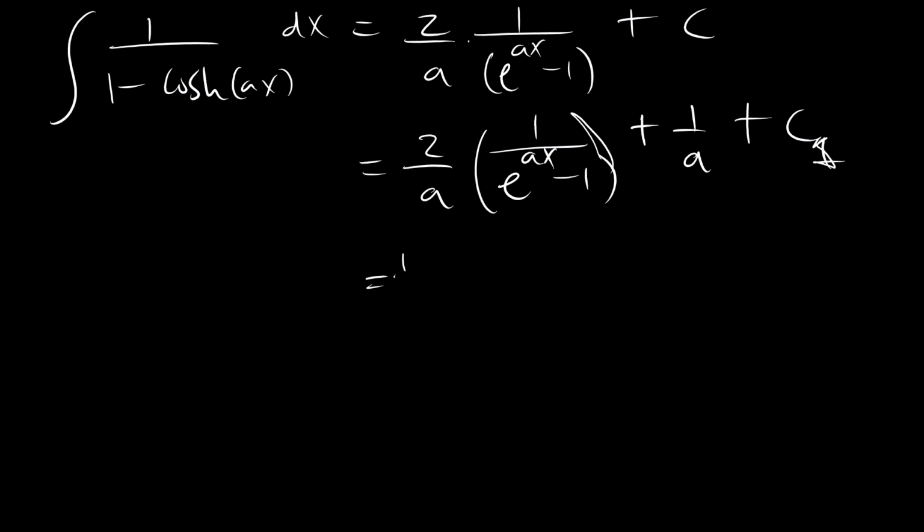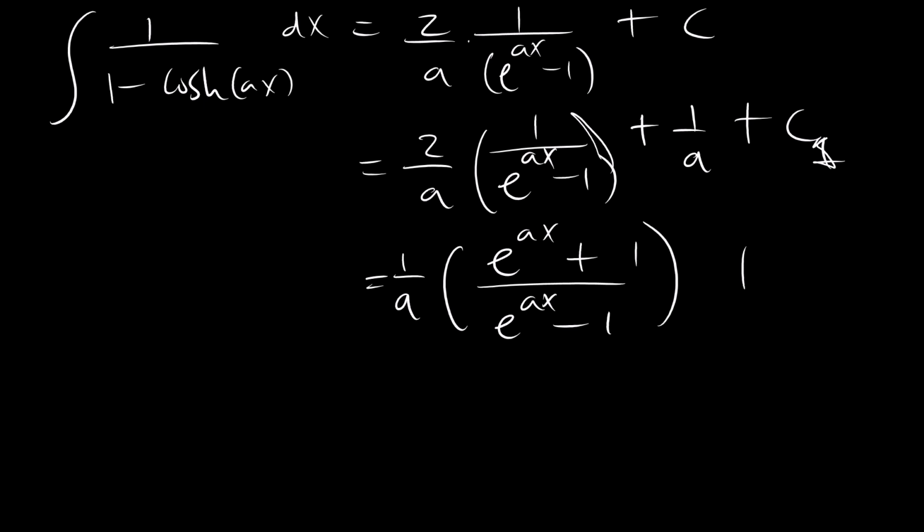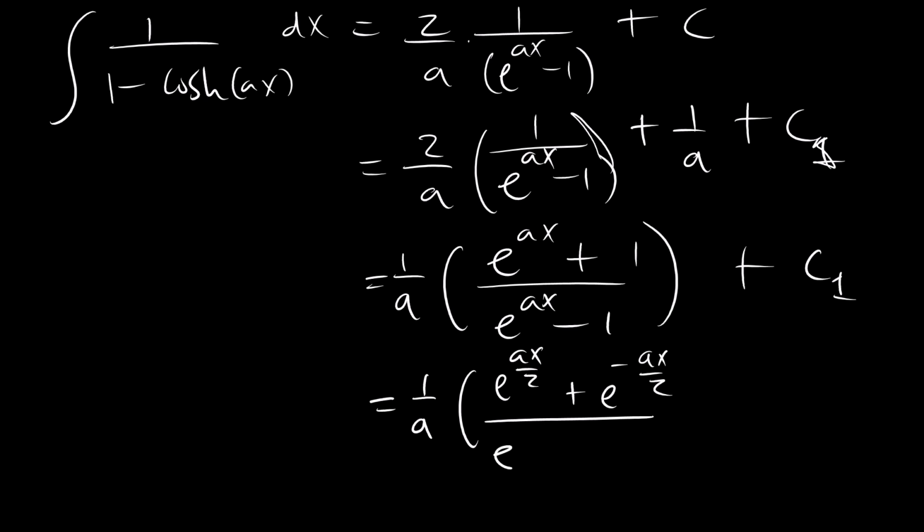So this becomes 1 over a pulled out. We get e to the power ax plus 1 over e to the power ax minus 1 plus c1, and then multiply by negative e to the power ax over 2, both numerator and denominator. We get e^(ax/2) plus e^(-ax/2) minus e^(ax/2) minus, right,